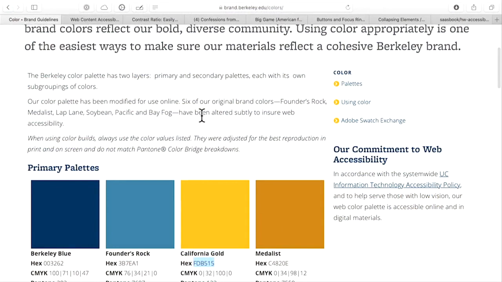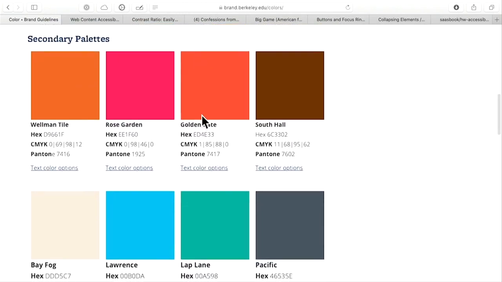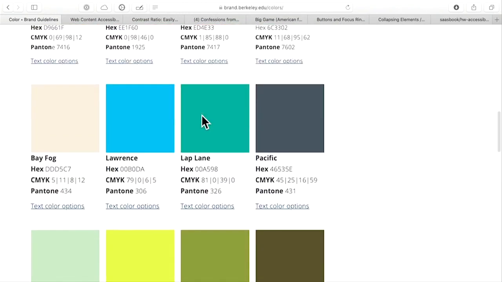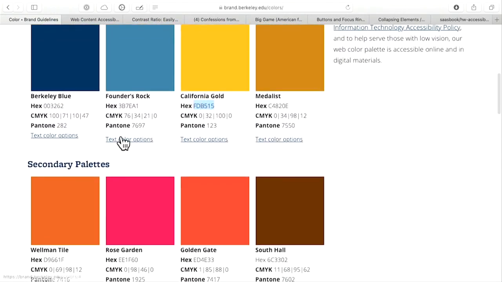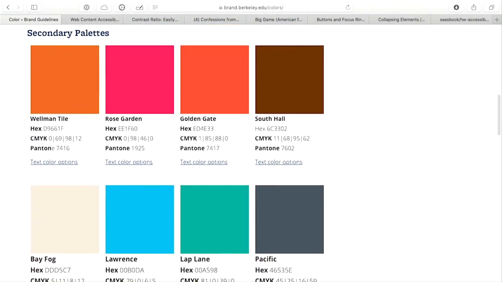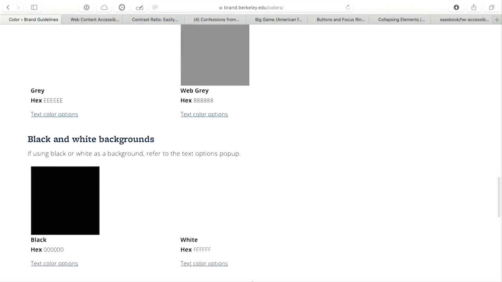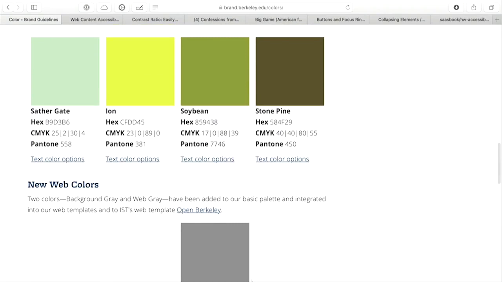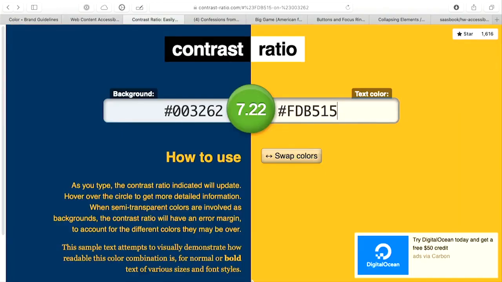It defines, if you're building a website that uses Berkeley colors, all the nice palettes that they have built for us. And while we're looking at this, we can see that there's a whole bunch of colors. We have Berkeley blue, California gold. We have a nice array of colors that we could use. The question is, we'll come back to that in a second, how do we decide what colors belong together